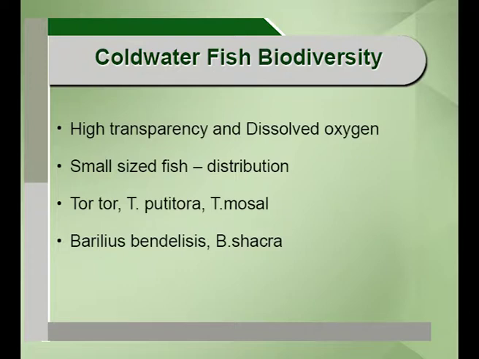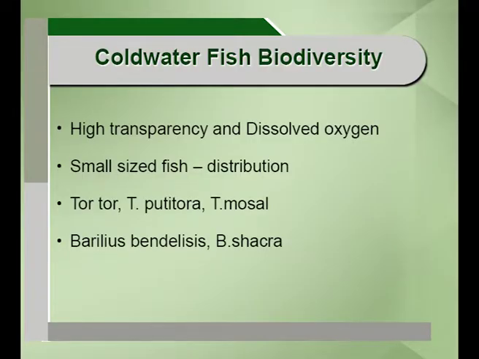In this particular region, cold water, the fish that exist are very small in size, though they are distributed quite enormously in that region, because there are many factors influencing the distribution. One important factor is the habitat, one is the rock substrata, and one is the flow of water. These three factors decide the distribution of cold water species. But I was talking about the size of the fish in cold water, which is very small. There are many reasons for it.